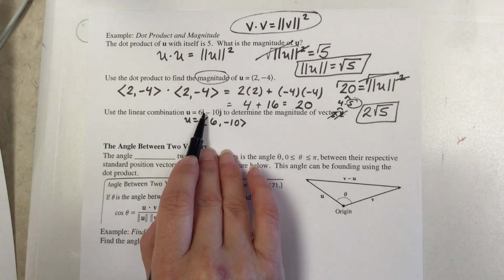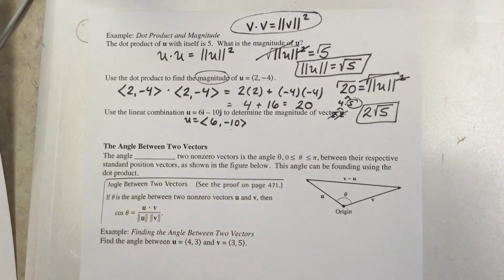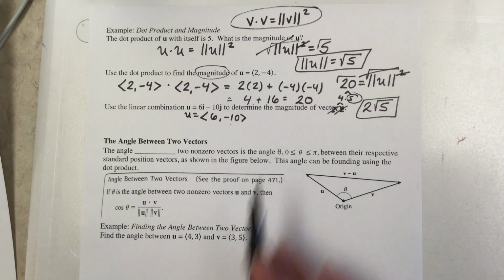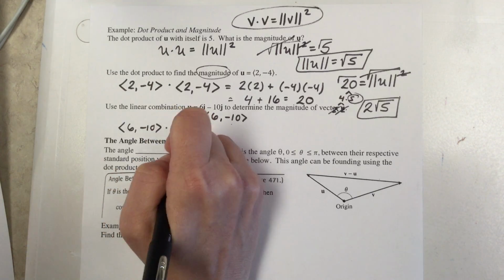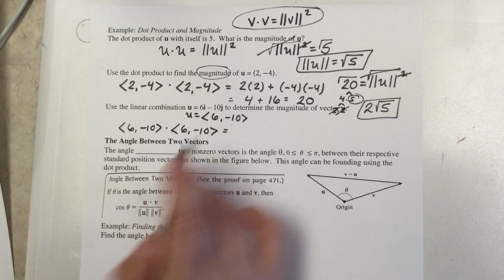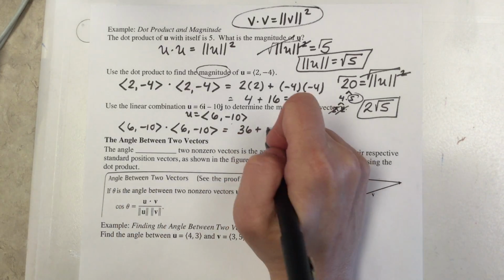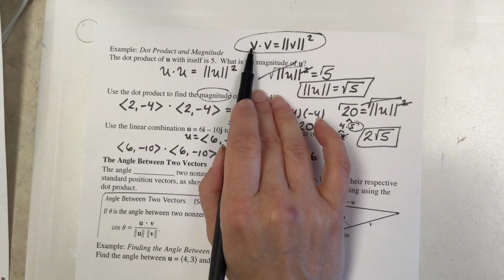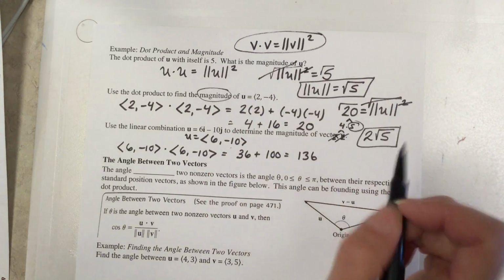So if I want to use the linear combination, I immediately go into this format first because I know they're the same thing, and why learn how to do a process two different ways when you can just convert it, okay? We want to determine the magnitude. So you have to do the dot product of vector u with itself. 6 times 6 is 36 plus negative 10 times negative 10 is 100. So it's 136. Based off of the formula, whatever you get when you multiply a vector by itself using the dot product, that is equal to